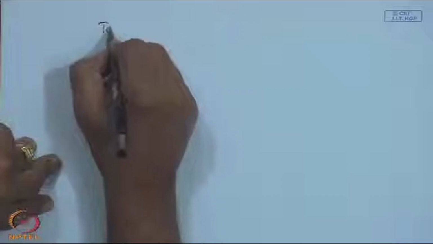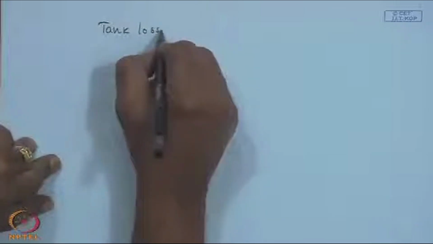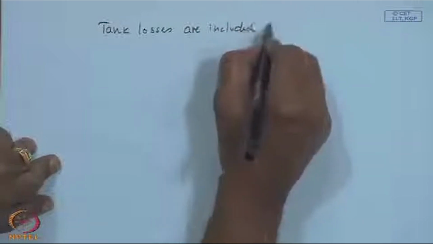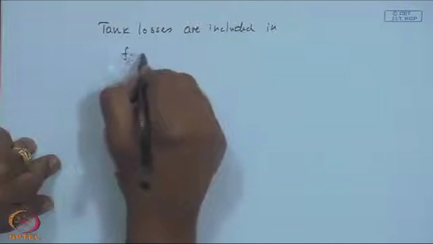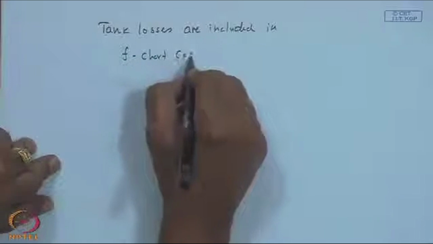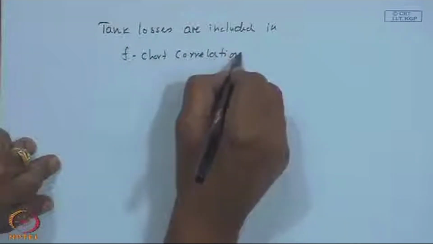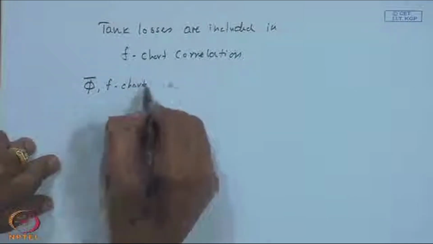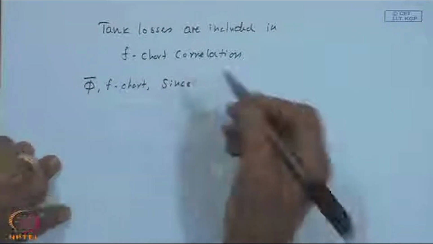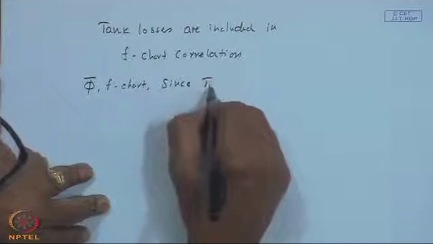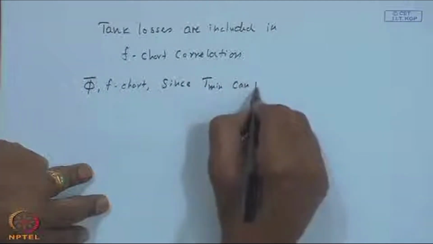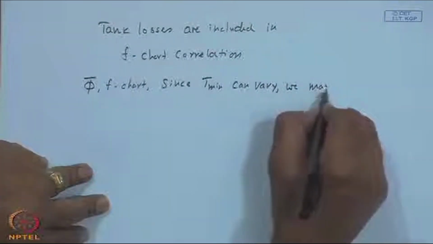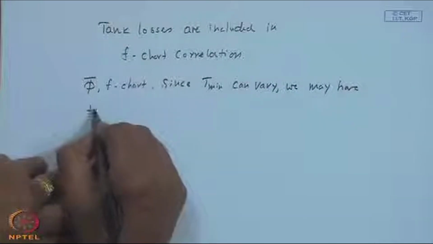Tank losses are included in F chart correlation. In phi bar F chart, since, I guess this is my logic, T minimum can vary, we may have to take into account